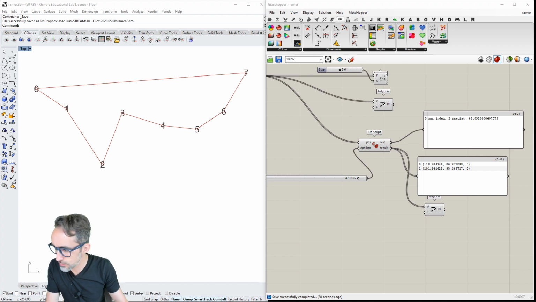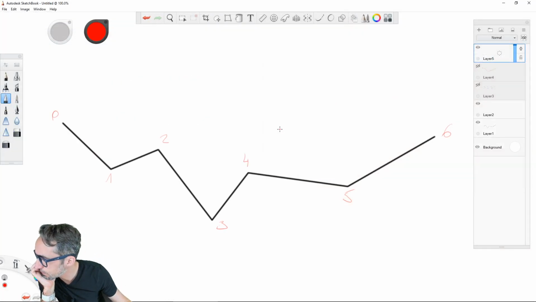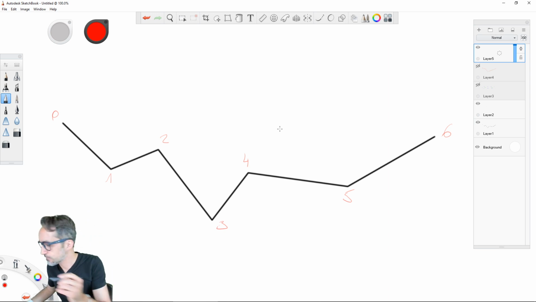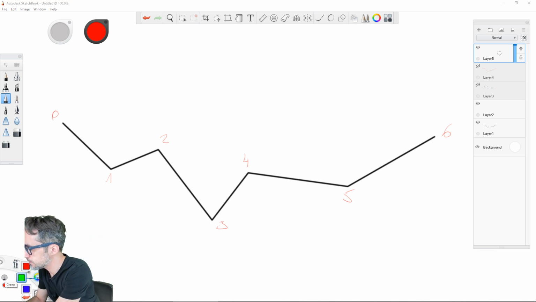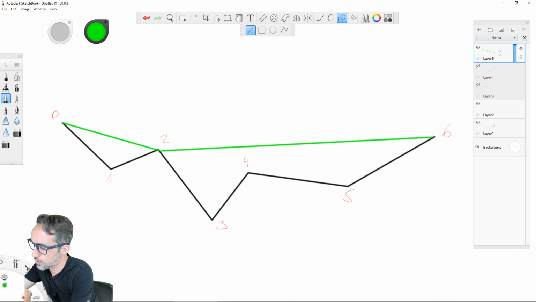I'm going to add a new layer. Okay, I'm just going to make this.